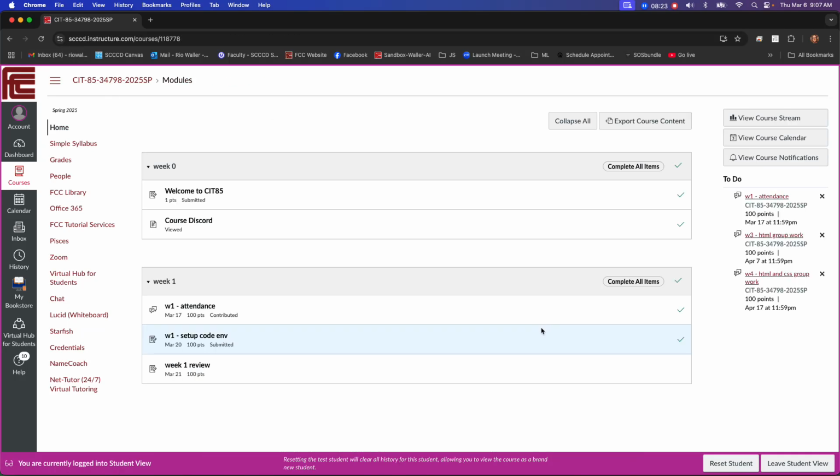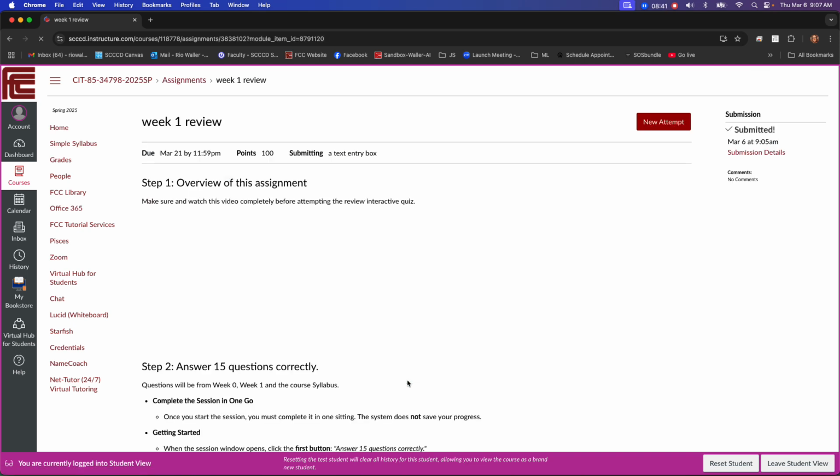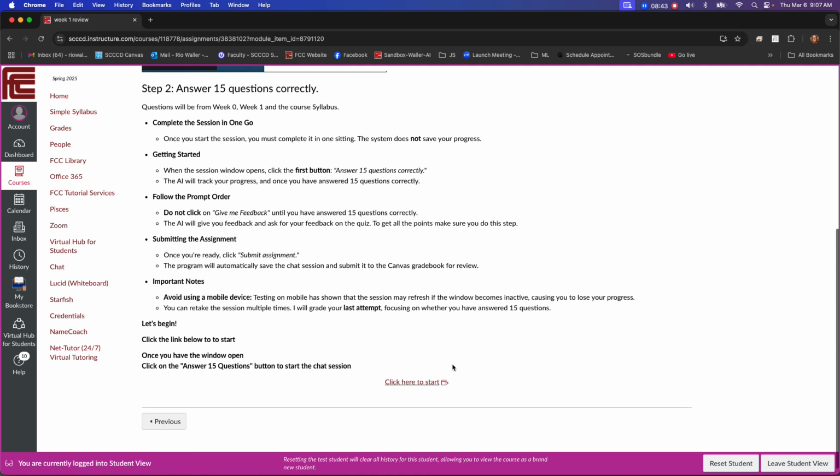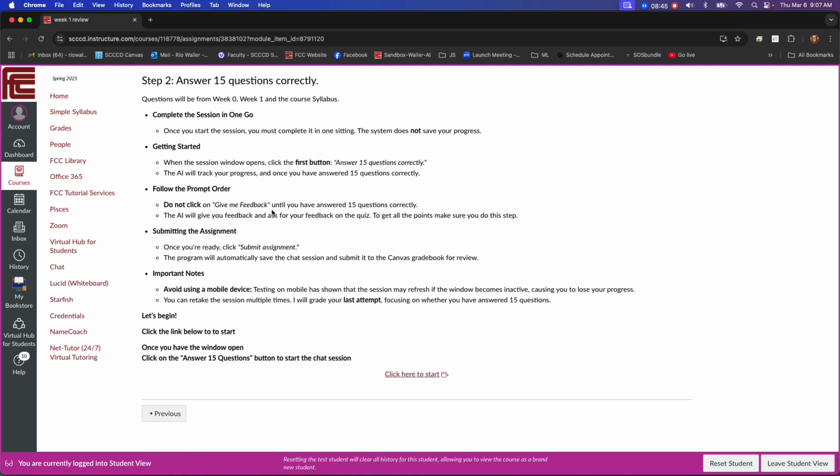Because if you don't get all the way to the end, you won't see that show up in your grade. So it's a way to check to make sure it happened, because maybe sometimes you were interacting and you were like, oh, it's just saved and submitted to Canvas. Well, it's not. You actually have to do that step. Now, one thing I want to just go back in here to the assignment, just because we kind of looked over it a little bit, but in order to get all the points, you have to answer 15 questions correctly. Again, if the AI gets helpful and gives you both questions and answers, then ask it for more questions,